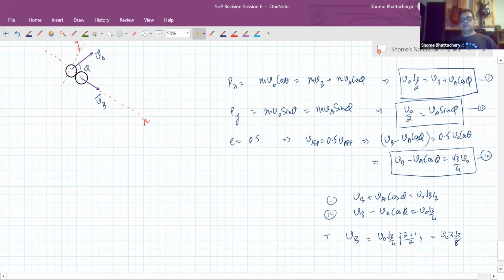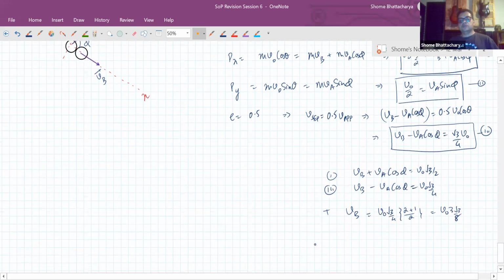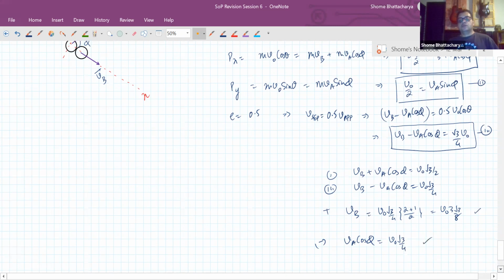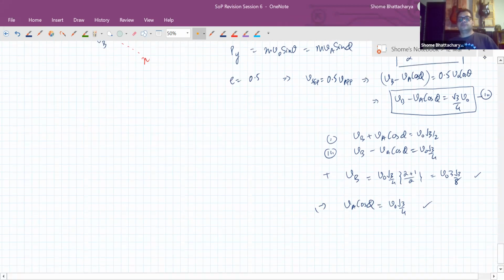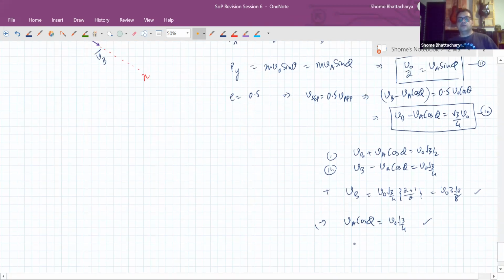And by subtracting them, we can see we'll get this much. Okay. And now from equation 2 and 3, or 2 and this combined, we have